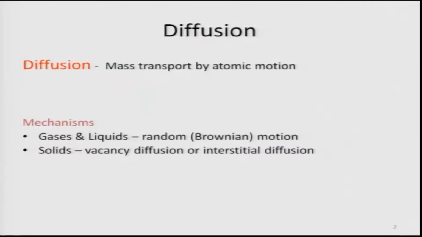Similarly, for metals, whenever you have a transformation, some solute or solvent, you do not know which one, will be moving from one phase to the other phase. That is what is known as transport. Now, in gases and liquids, obviously the motions of atoms are random, and we always call it Brownian motion, because atoms can jump and collide and move. But in solids, diffusion or transport happens not by Brownian motion, but, as we will see in a few minutes,